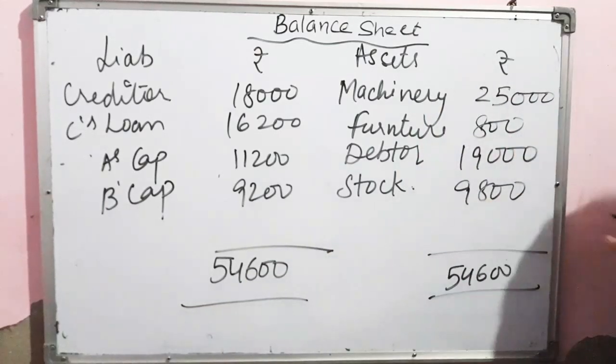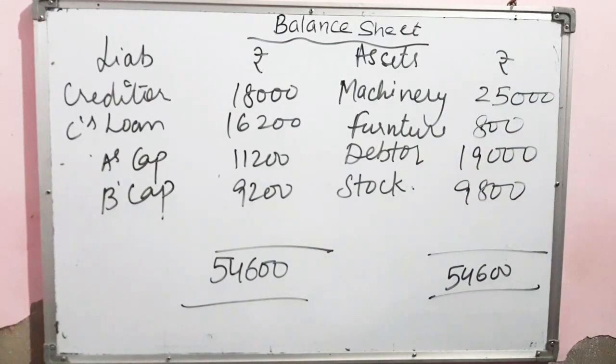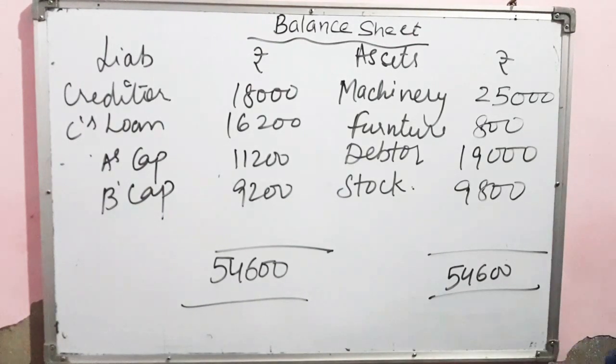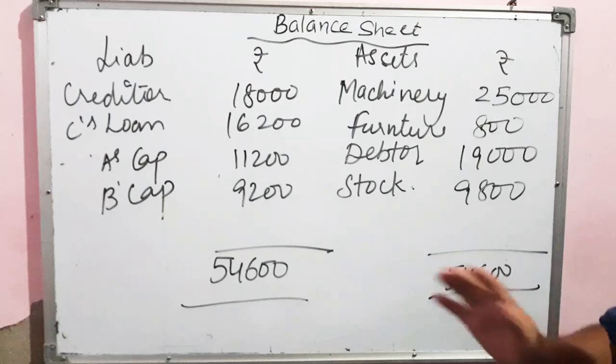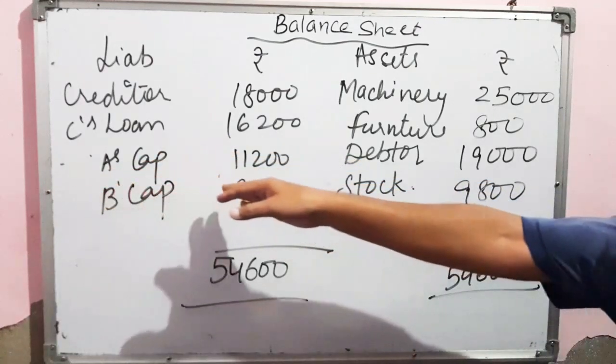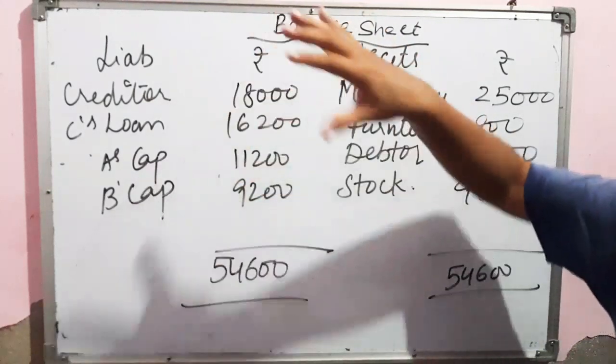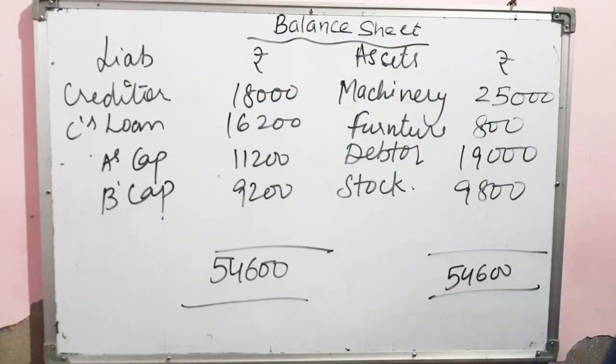So I shall repeat the entire topic: first of all we will have to make the revaluation account, that is the same as in the admission of a partner. Then we will make the capital account. There are a few changes in the balance carried on. In the balance carried on, there will be no balance carried on of the retiring partner. Then the balance sheet has no change as we did in the admission of a partner. So hope you got my point.